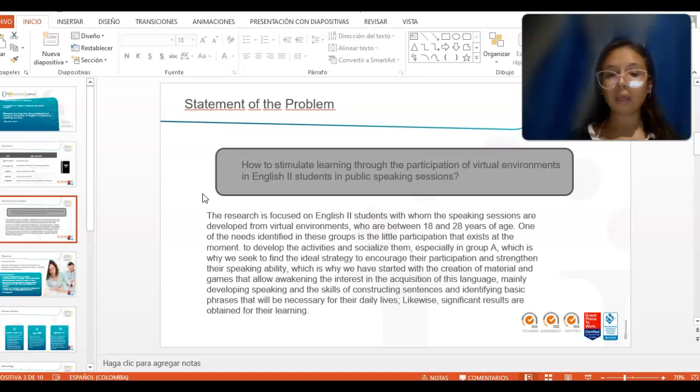That is why we have started with the creation of material and games that allow us to awaken interest in the acquisition of this language, the English language.